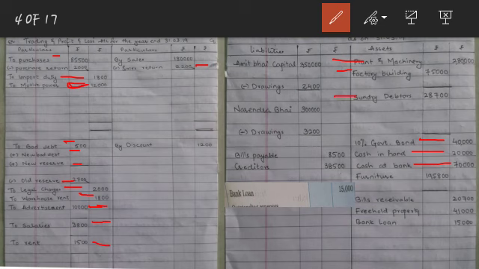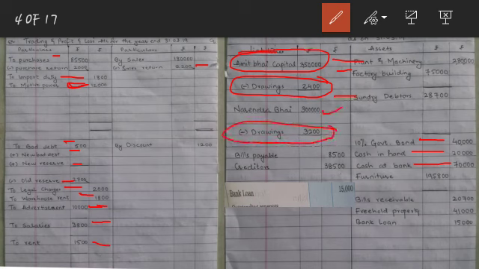Next is drawings. Amit Bhai 2400 and Narendra Bhai 3200. Drawings, you better know, we already have learnt in a prior class. The drawings are always deducted from the capital balances of the partners. So this drawings, on the liability side, will write Amit Bhai capital inside, and we will deduct Amit Bhai's drawings out of it. Narendra Bhai capital balance and drawings will be deducted out of it. Then next is furniture, 1,95,000. Furniture is again our asset, and we have adjustment for it, so 1,95,800 in the inner column.